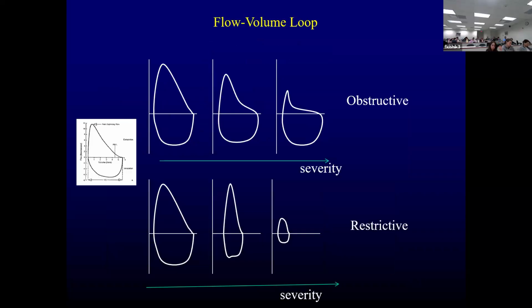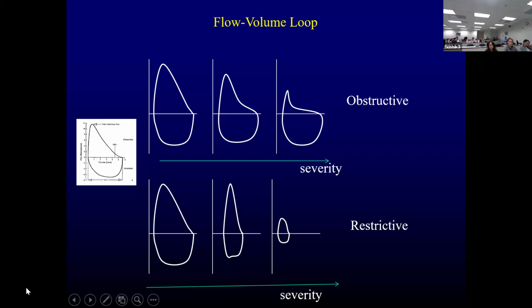To recap everything, obstructive lung disease, initially it will look like this. As the disease progresses, there's a mild concavity, then severe concavity in obstructive lung disease. In asthma, you give them medicine, this will revert back to normal. In COPD and bronchiectasis, it will look like that. You understand? On the other hand, restrictive lung diseases, the whole thing is pressed